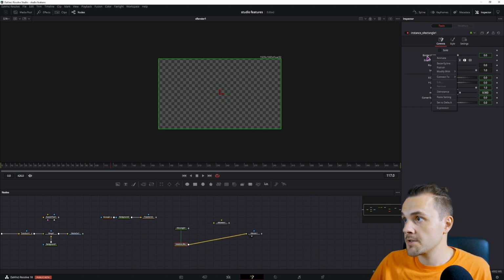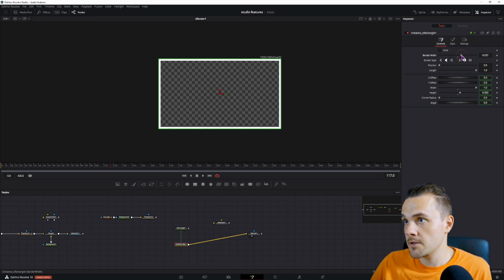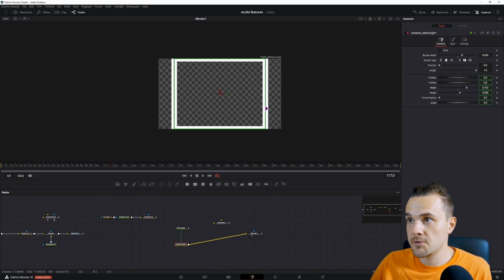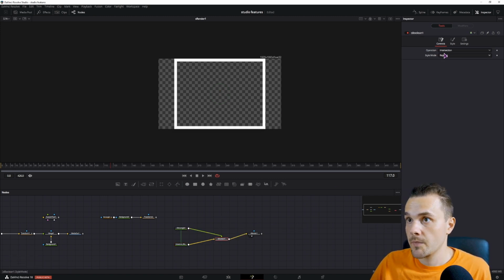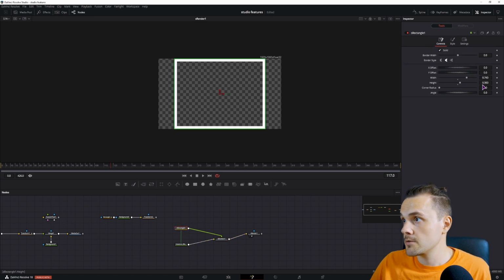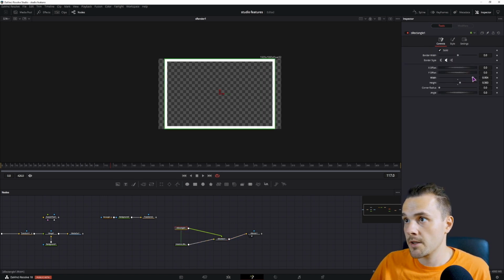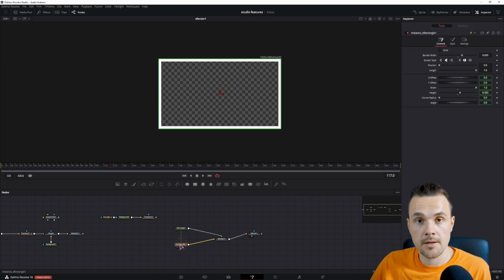I'll also adjust the border width, so I'll de-instance that and adjust it so that we can see it. Now if I adjust the width, as you can see, it works exactly the same as it was in this example. So we also have the border outside, and that's what we want to cut with the as-boolean. So if I connect it like this, we get exactly what we want. So now I'll just adjust the width back to how it was. And if I go now into the instance node, which is the one with the border, I can adjust the length